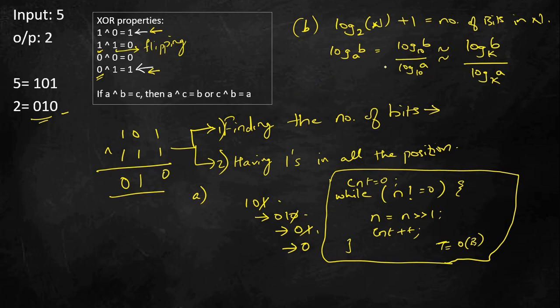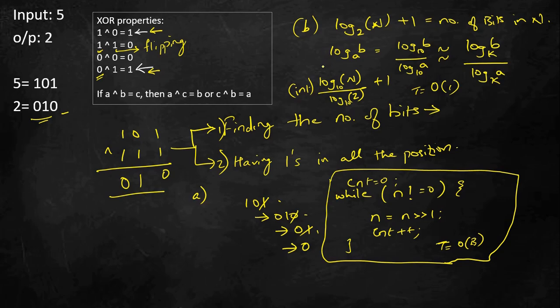So what we can do here in Java is, since we are interested in log of n to the base 2, we can do log of n to the base 10 upon log of 2 to the base 10. So we have to do a math.log divided by this and plus 1. This will give me the answer, and this is the int value that we are interested in. So this will give me the number of bits, and this is a constant time operation, so this will be O of 1. Here it will be O of b, here it will be O of 1, time complexity. Okay. So this is the second way of doing it.